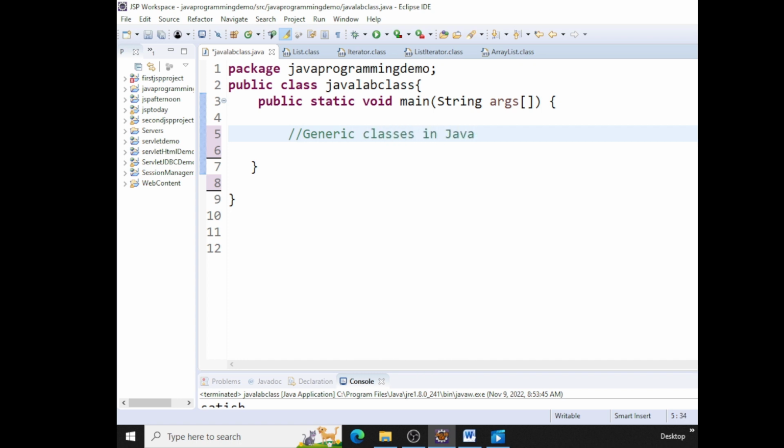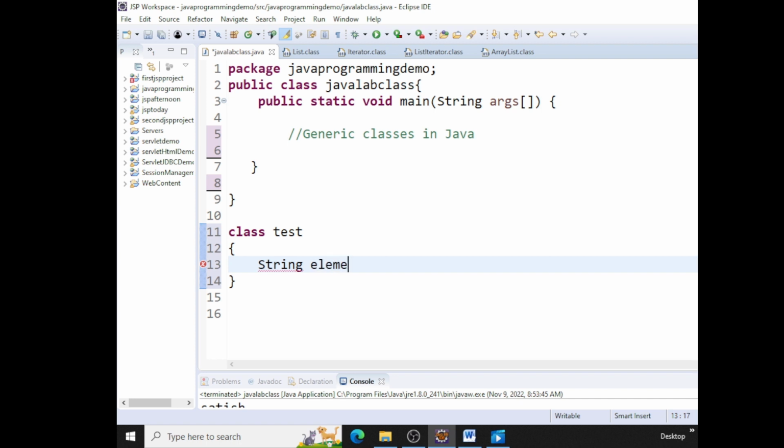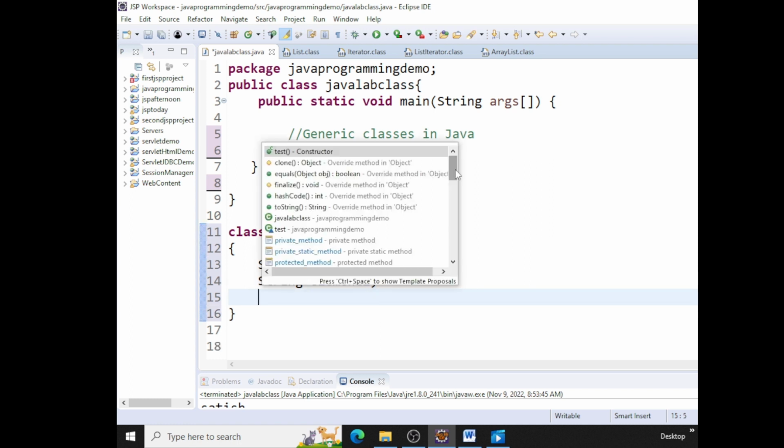As usual, I'm going to just give an example without using generics, and then we'll see how generics helps us. So let's take up this simple class Test, and we'll have a string element 1 to be a string, and the string element 2. And what we'll do is we'll have a constructor here,